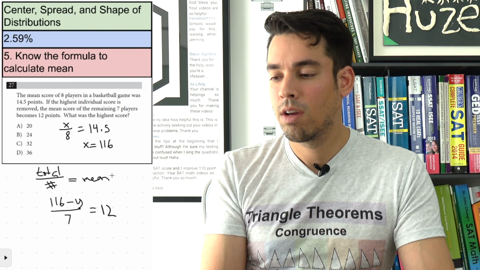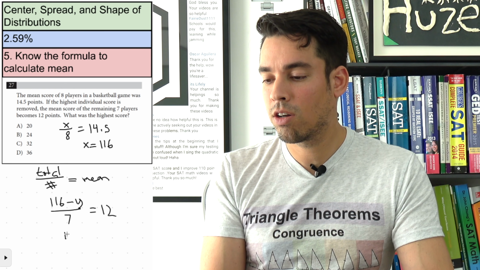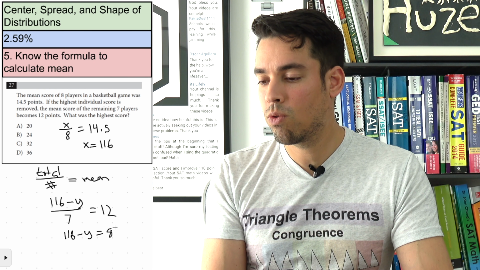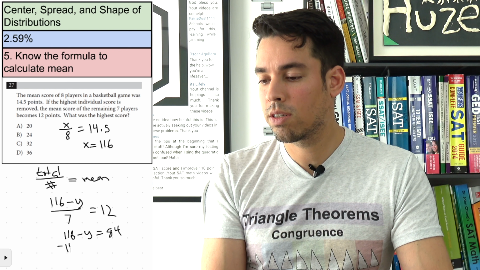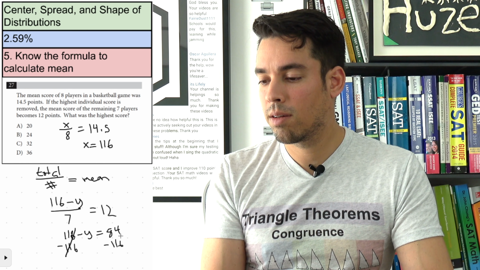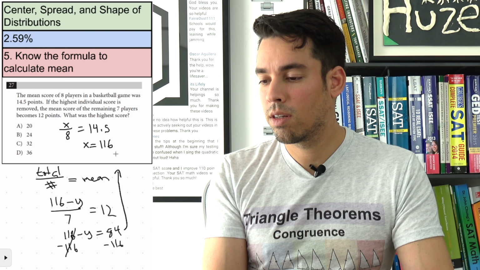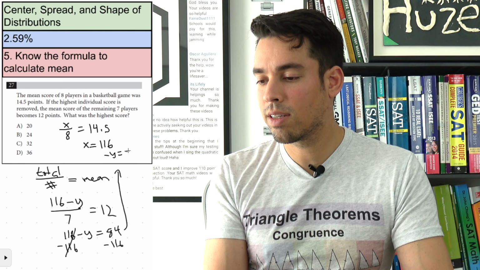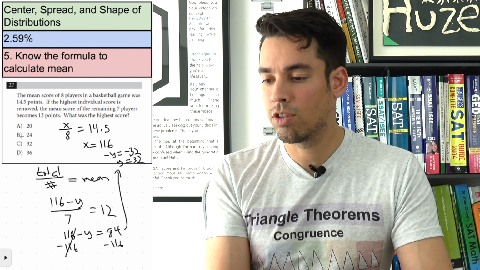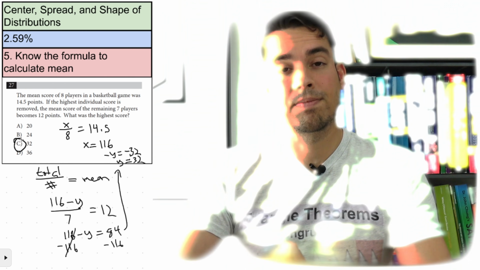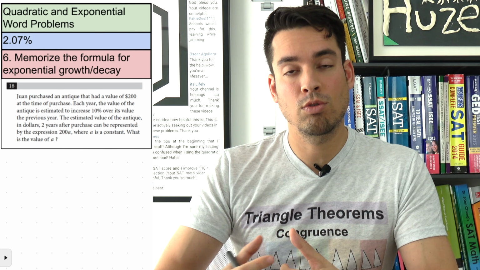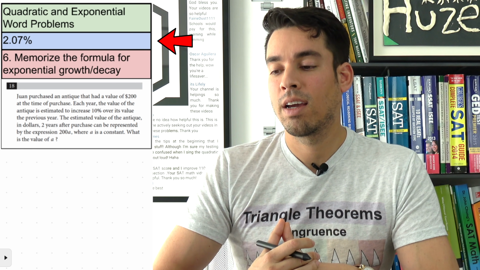Now we just isolate. Multiply both sides by 7, I get 116 minus y equals 84. Subtract 116 from both sides. And I get, I'm going to bring it up here, negative y equals negative 32, or y equals 32, and that's it. The next category is quadratic and exponential word problems, which constitutes 2.07%, and the strategy here